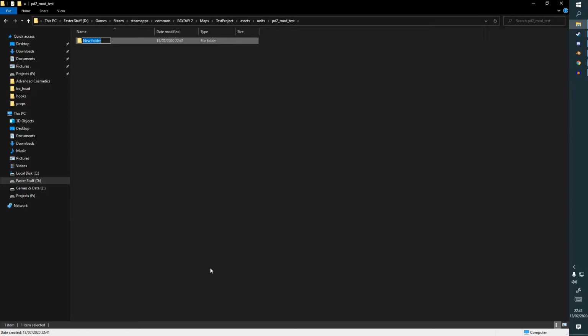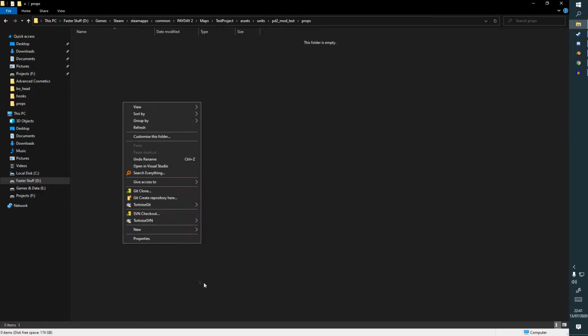And then we have our folder to specifically identify what is like a group effectively. So characters tend to be stored in characters, or props, as in the case we're going to be doing here, will be stored in props, etc. Pickups in pickups, and so on. So we'll go into props, and